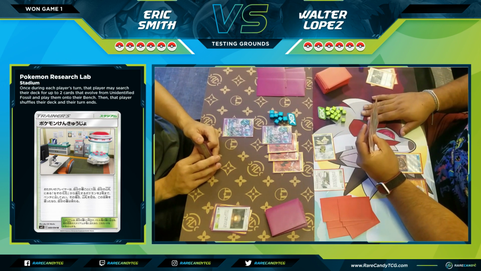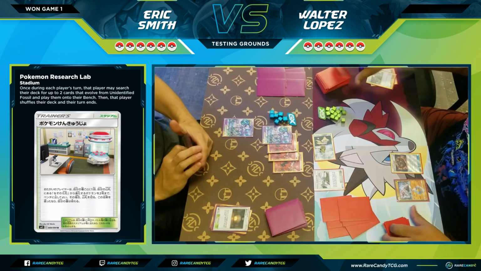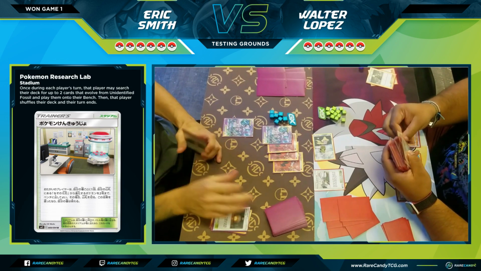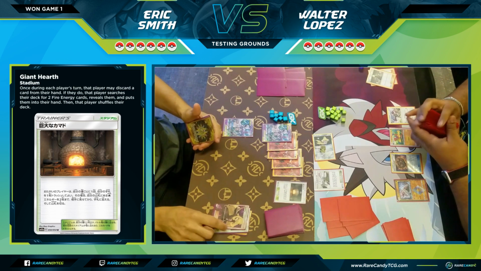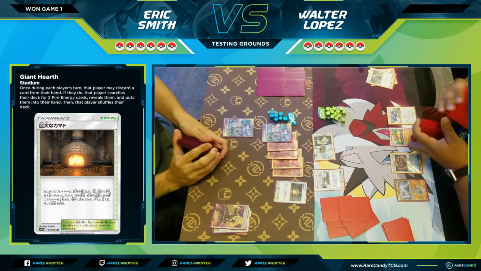So let's see what he's going to grab. He does have a Pokemon Communication in hand. But here looks like he might just be going for a Pokemon Research Lab. Alright, and I do have another Giant Oven, or Giant Hearth. I gotta get used to calling it by its correct name. So here I am going to...